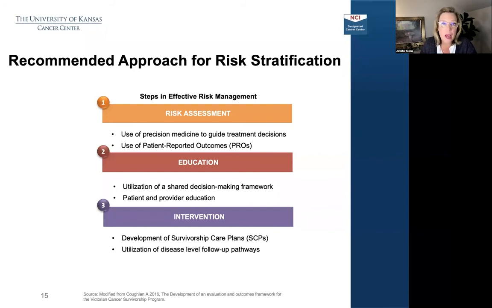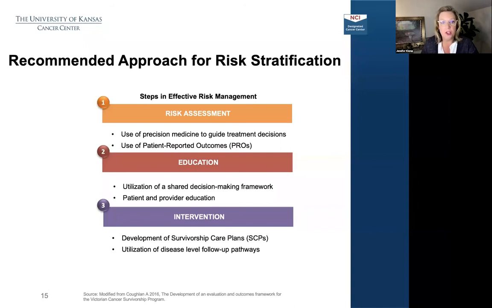You need to make sure you have the right types of educational tools that fit not only with the patient population that you're seeing, but really meet the health literacy of the patient sitting in front of you. So asking those questions about, how do you learn? Are you a visual learner? How do you make these big decisions in your life and other healthcare decisions? And understanding that shared decision-making framework so you can help guide the conversation and guide the patient's next steps. And then what do those next steps look like?